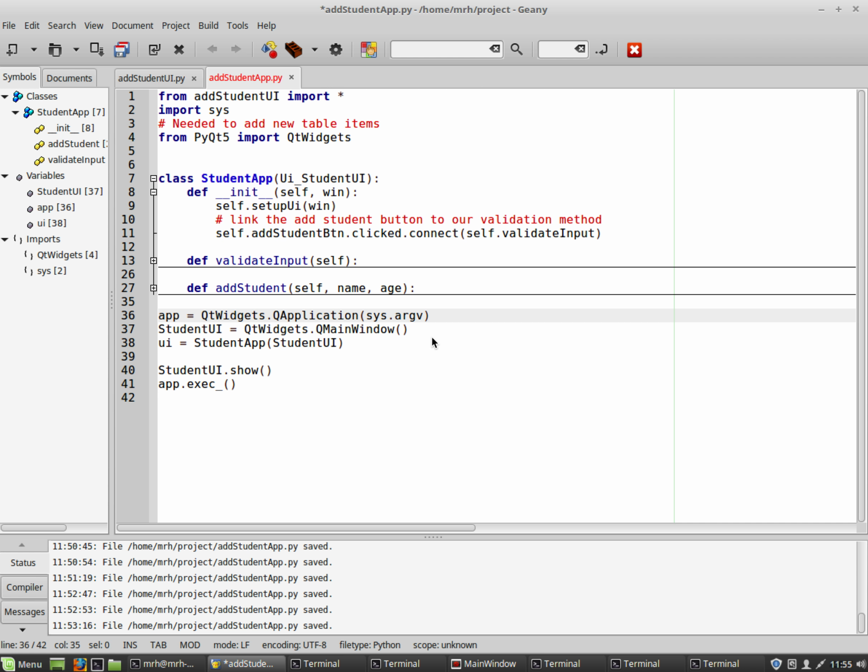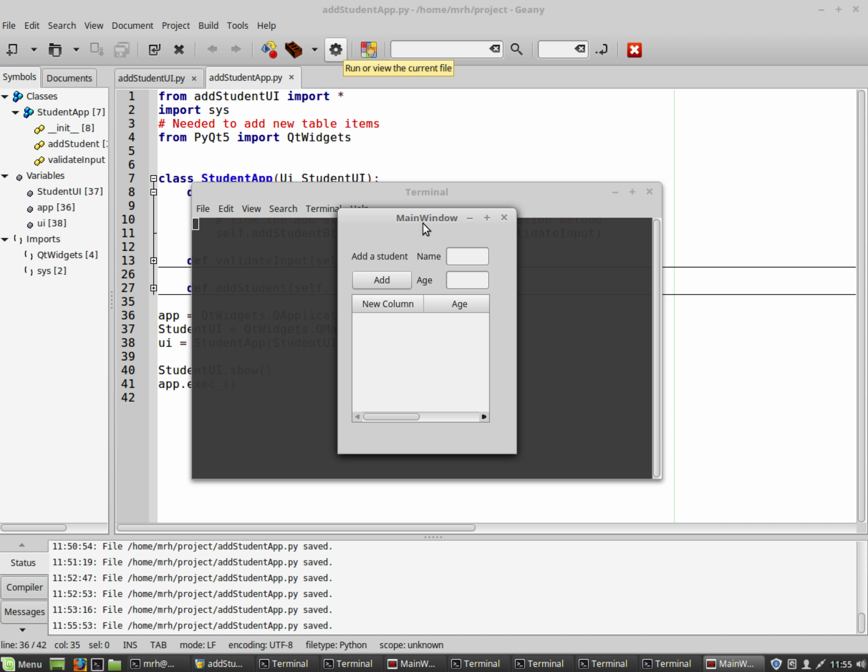In this video, we're going to be looking at how to add functionality to the app we designed in a previous video. So this is the design. We were messing around with grid layouts mainly. And the idea behind it is I can add a name and an age and press add, and it adds